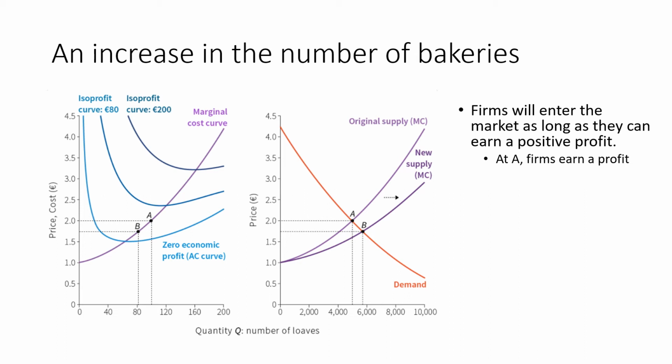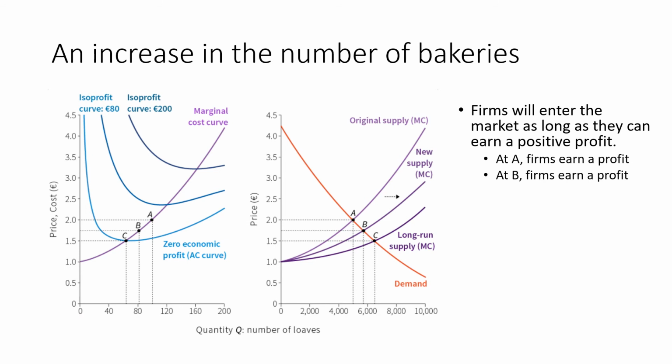That means every given firm, even though there are now more firms, is actually going to reduce slightly the amount of loaves it produces, because as the price falls in the market, they're going to move down their marginal cost curve. They're no longer going to produce the loaves that cost more for them to produce than they get at price B. At B, firms are still earning a profit because they're selling at a price that's still greater than their average cost. And because of that, more firms are going to continue to enter the industry. That's going to continue to shift out the market supply curve until we get to something like point C.